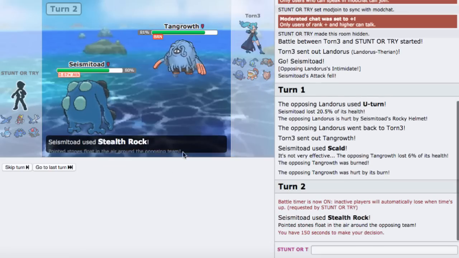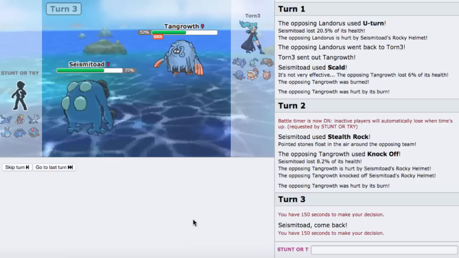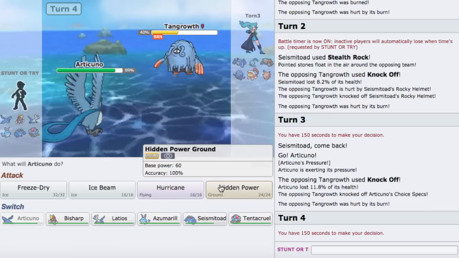Let's see what he does. Let's see, he goes for the knockoff. Yeah, kind of what I expected here anyways. And now what I can do is just probably go Articuno here. Articuno seems fine as he goes for the knockoff once again, which is pretty nice because I can HP Ground